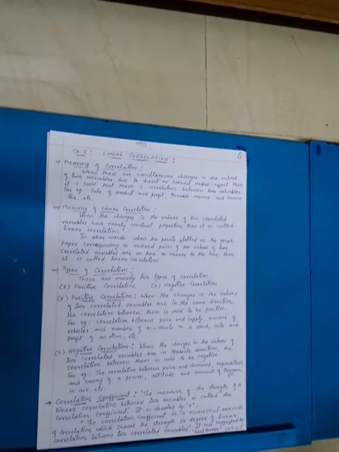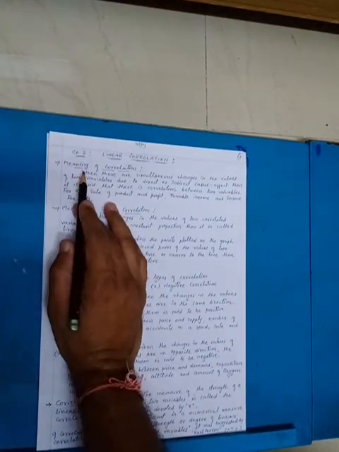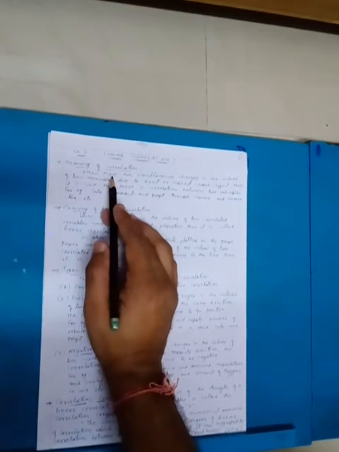First of all, regarding the theory, we will discuss what linear correlation is, what correlation is, and the types of correlation, so that we can form a common concept about linear correlation, and then we'll move on to the practical part. So the first one is the meaning of correlation.